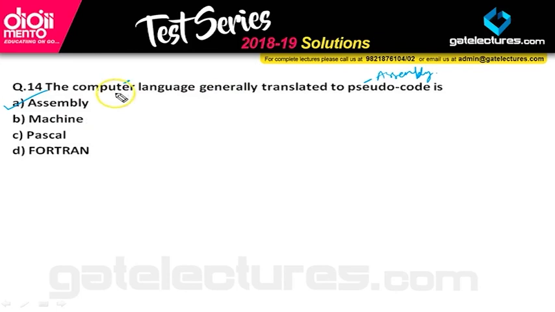So it is done by the assembler, not the machine. Pseudocodes are assembly languages. Machine means 0 1, what our computer can understand, a machine language, 0 or 1 string. These are clearly not the answer. Why? Because they are talking about the conversion of high level languages, and Pascal and Fortran both are high level languages. So that's why C and D are clearly not the answer. Machine is what the computer can understand, 0 or 1, and pseudocodes are the assembly languages, which is done by the assembler. So the first is the option here clearly.